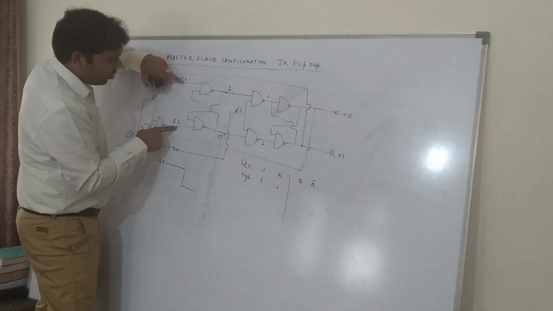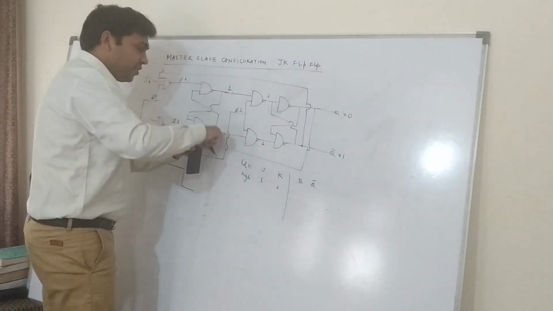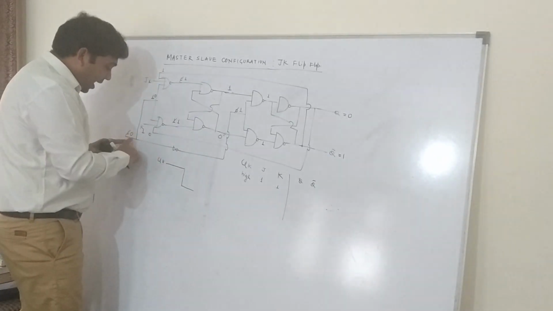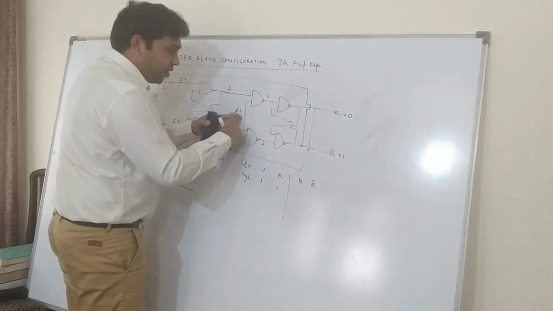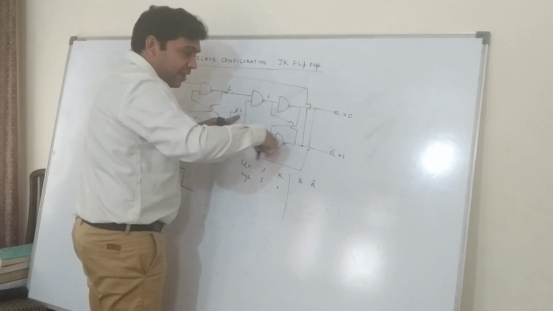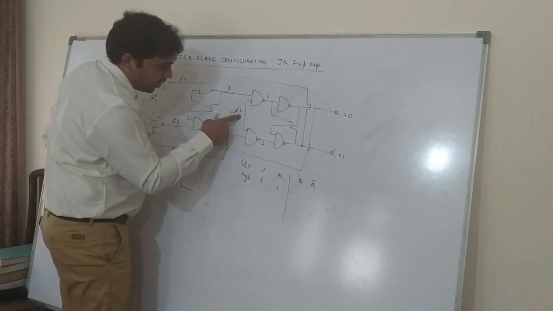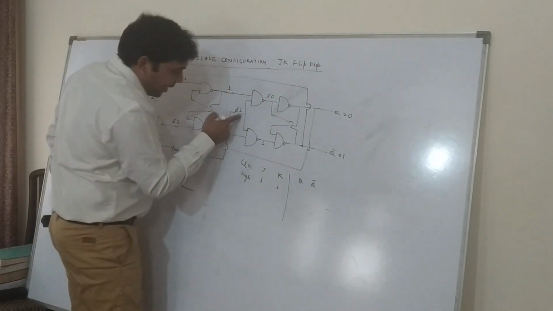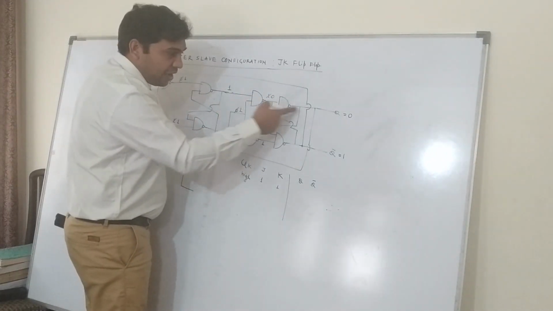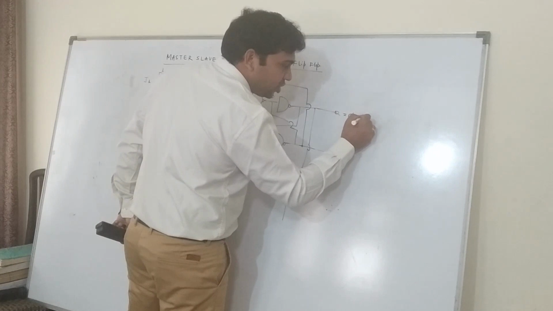Now since here you have a 1 1, when the clock was high, because of this 0 1, a 1 0 appeared, and it will remain 1 0 when the clock goes low. But what happened? As soon as the clock goes low, this becomes 1. The clock of the slave latch becomes 1. Then the slave latch will be in active mode. And this 1 and 0, and since this is 1, 1 and 1 will make it 0, and this 1 0 will make it 1. So you have a 0 1 here now. And since you have a latch here, which is the NAND latch, in a NAND latch if you have a 0 1, the output has to be 1 and 0.